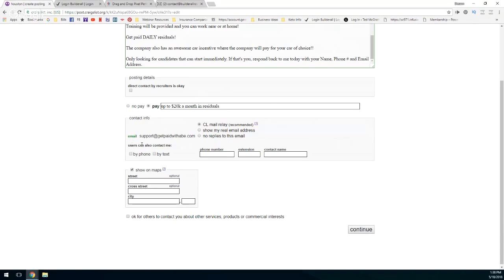Okay, great. And then you can also contact me by phone or by text. This is optional. If you want to put your phone number, that's really up to you. Just keep in mind that you will be getting phone calls from different people asking about this job opportunity. And I know a lot of us, whenever we see a phone number that we don't recognize, might say, "Hello, who's this?" You don't want to sound like that to a potential candidate. You want to sound more like, "Hi, this is Blesson with the Builderall residual. How can I help you?" You want to sound like you're from an actual company, which you are.